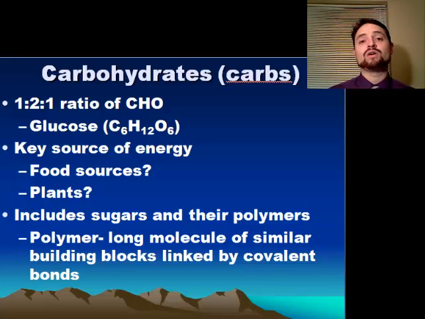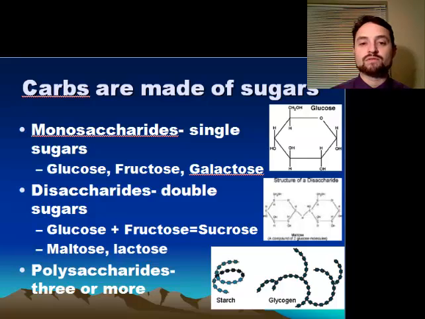Plants need it as well, but instead of getting it from something else like the heterotrophs, they're autotrophs, and they're able to make their own food. In essence, they will make glucose, carbohydrates, and then they'll break that down later on and use it for ATP energy. This includes sugars and their polymers. Polymers are long molecules of similar building blocks linked by covalent bonds, and we'll look at some examples of those right now. So when we look at carbs, carbs are made up of